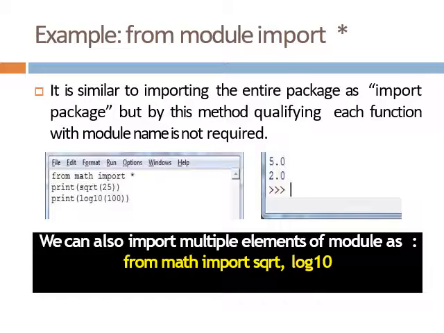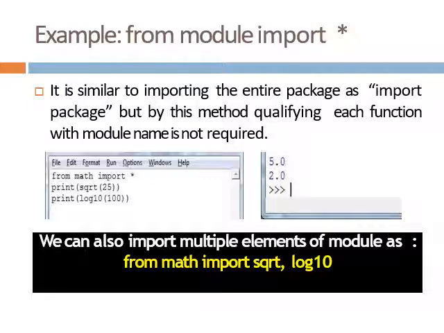Let us take the same example and see how it works with the third type of importing a module, that is from module import an asterisk symbol. As you are all aware, this will import all the functions available in the module, and you need not prefix the module name or use dot notation.